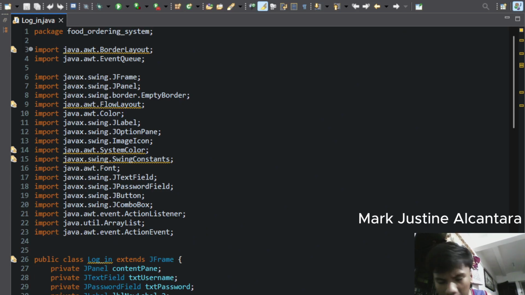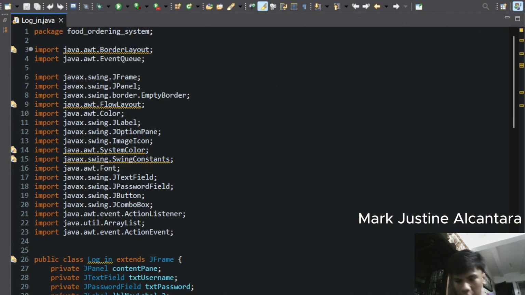So let's kick things off with the very first file that spins our food ordering system to life, Login.java. I'm going to scroll from top to bottom, line by line, and explain why every line of code matters. It starts with the first line, which is just the package statement. Everything in this project lives under the food ordering system package, so our classes can talk to each other without crazy long imports.